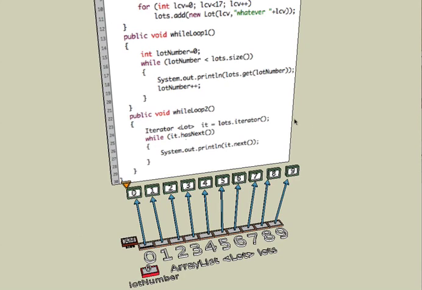Hi again. In this movie, we're going to look at 3 loops: the regular for loop, which I call the regular for loop because it was around long before the for each loop, the while loop, a regular while loop, and a while loop using an iterator. Okay? So let's start off with